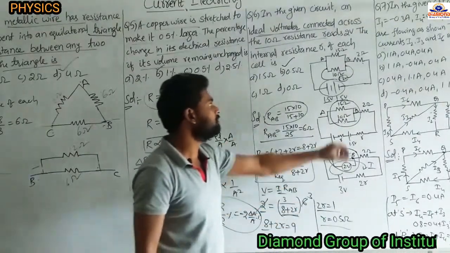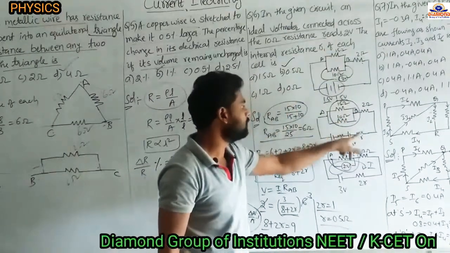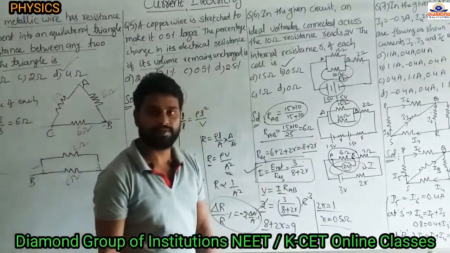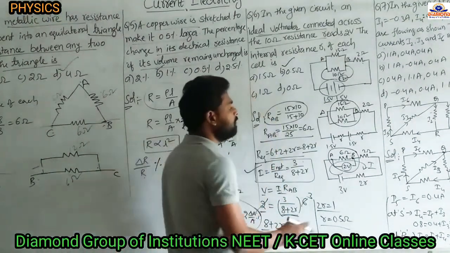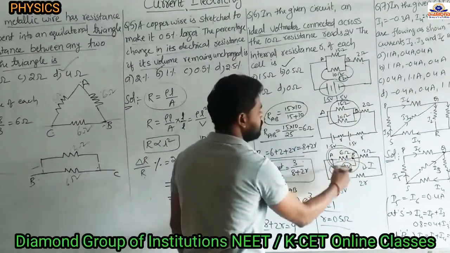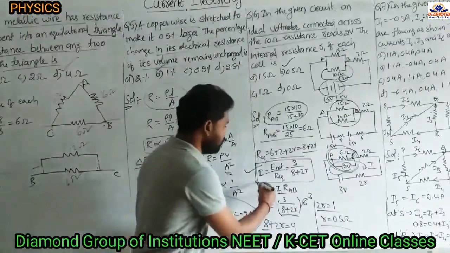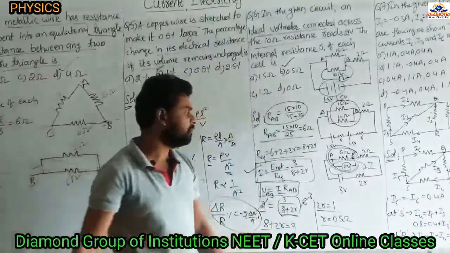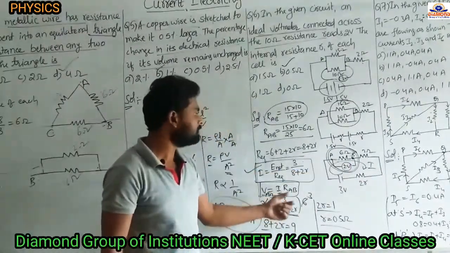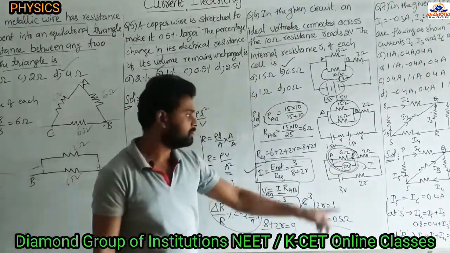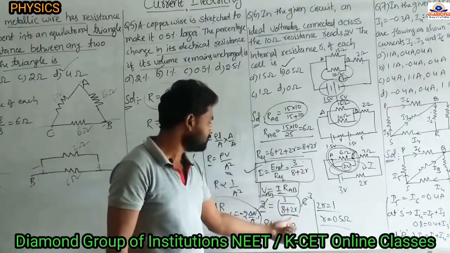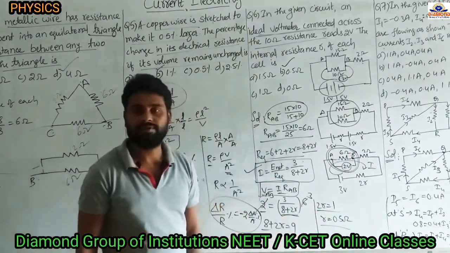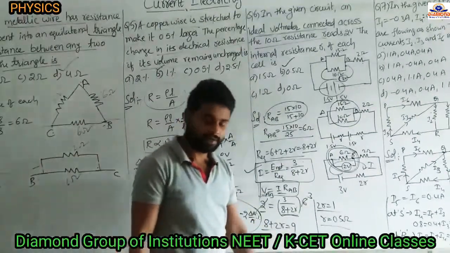In this way solve: first we are finding the equivalent resistance of this one, next the total resistance and total voltage we are finding. From that we are finding the current. Okay na, current equation we got. From that, and one clue they have given, the potential difference across the parallel combination of resistors. From that we are finding the voltage equal to I into RAB. Okay na, voltage across the AB, VAB equal to I into RAB. Voltage across the AB they have given, 2 volt. I is nothing but all are in series, the same current is passing through this one also. I formula we got from here. Substitute this one, and RAB, the resistance between the AB, is the 6 ohm. Substitute and simplify. We will get the internal resistance value is 0.5 ohm.